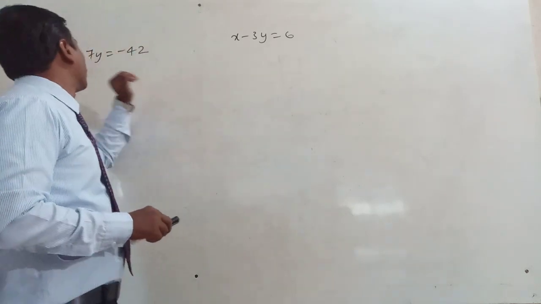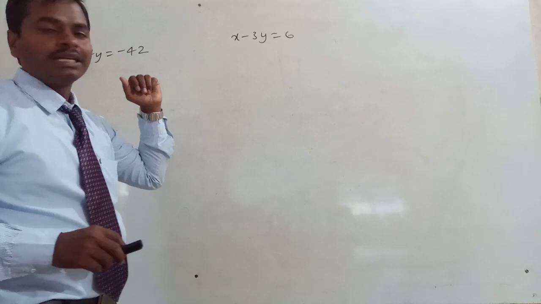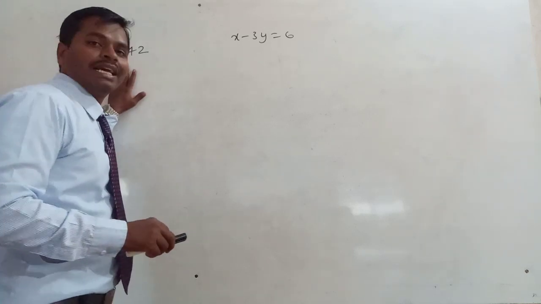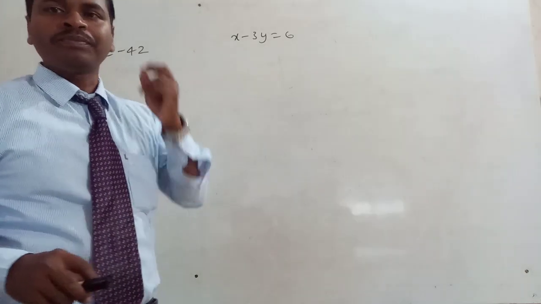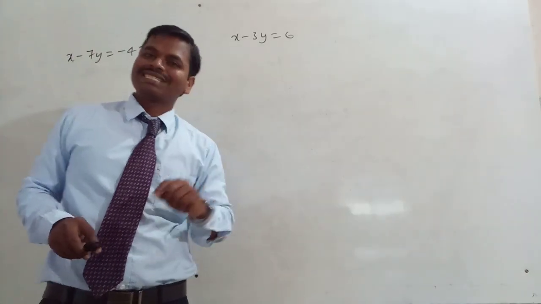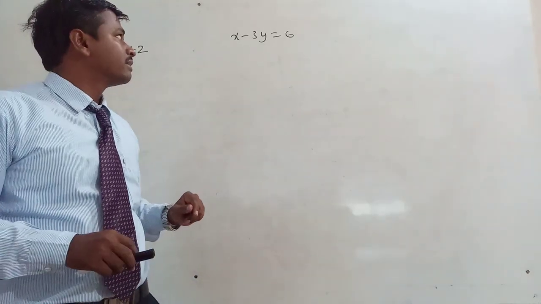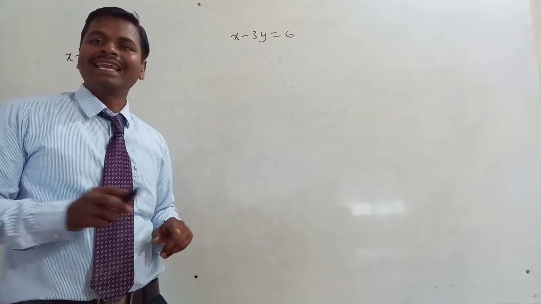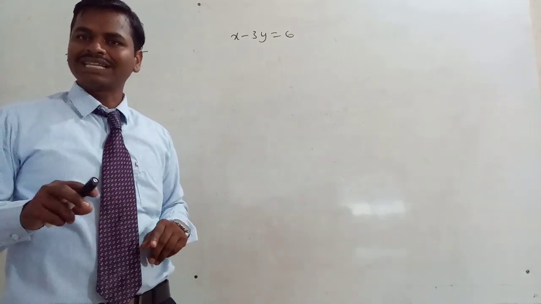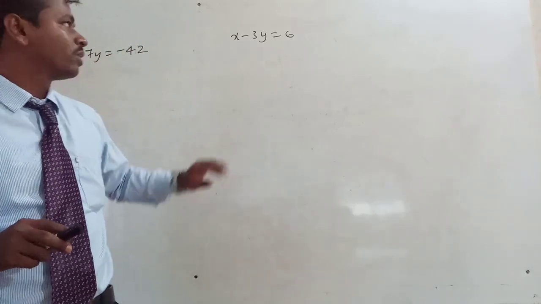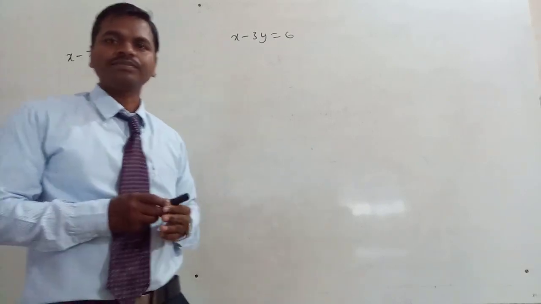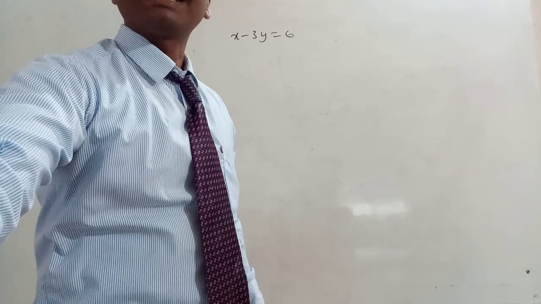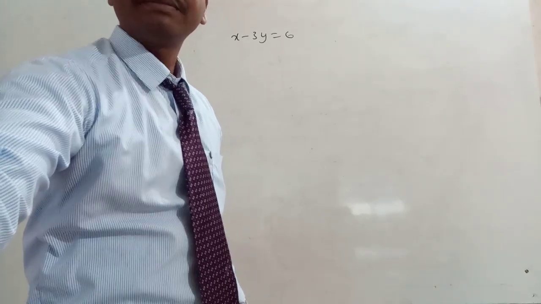First, we will represent the first equation in the graph by taking x and y values. You should select a minimum of 3 values for x and y, and since a linear equation represents a line, we will get a straight line for each of these two equations. Now let us start drawing.